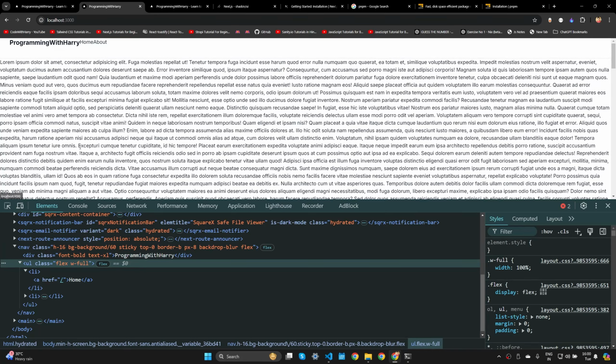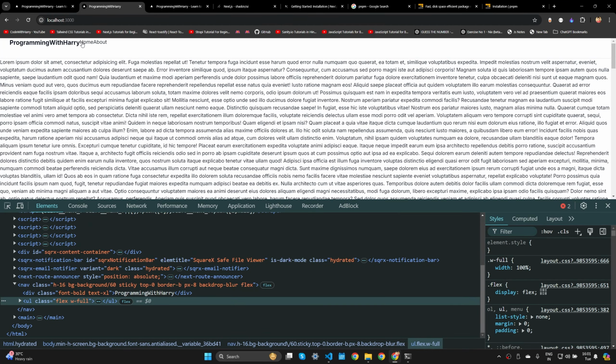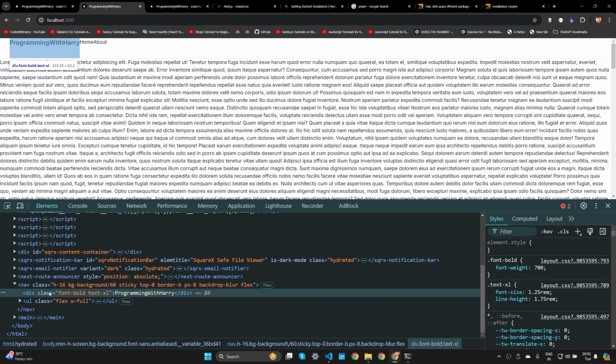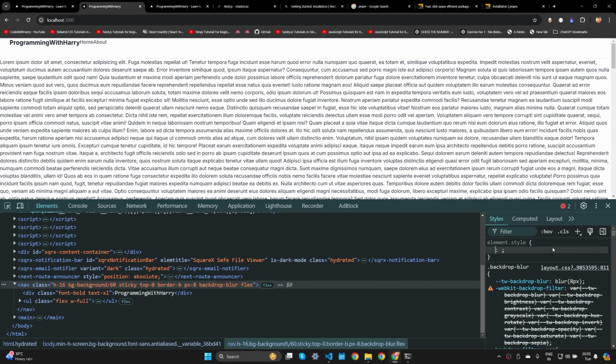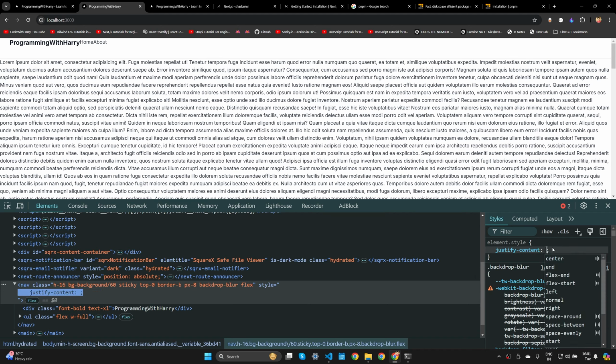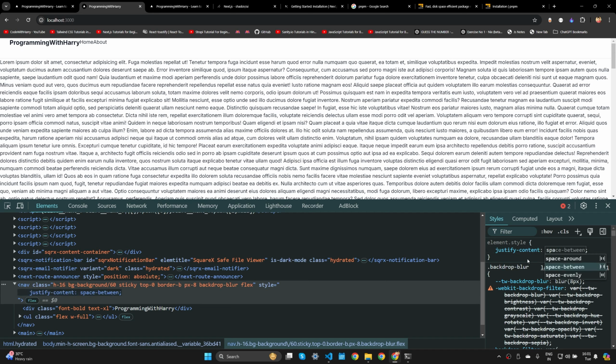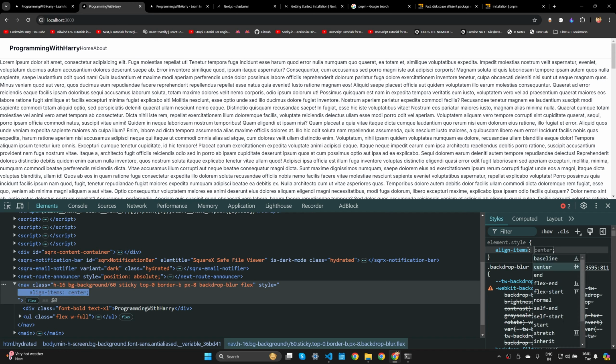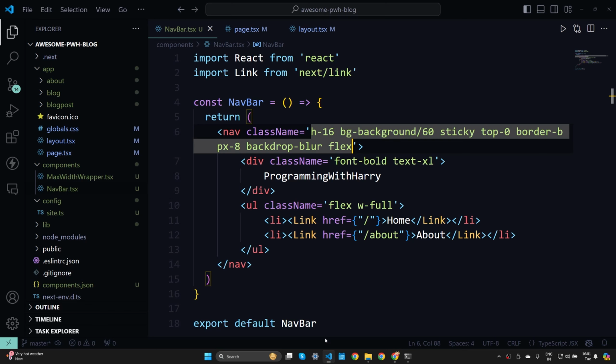So we have this UL taking this much of space, and then we have this div taking some space. Now if I add justify content space around or space between, it doesn't work because I should be using align items. Okay, so I should say align items center. Let me align these items to center. So align items center,